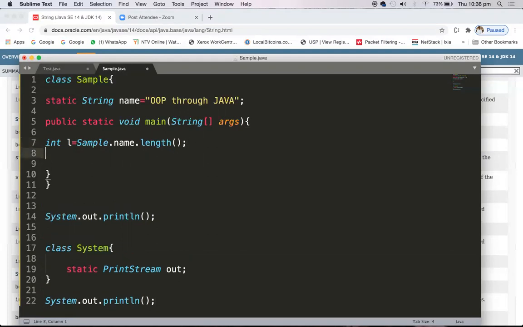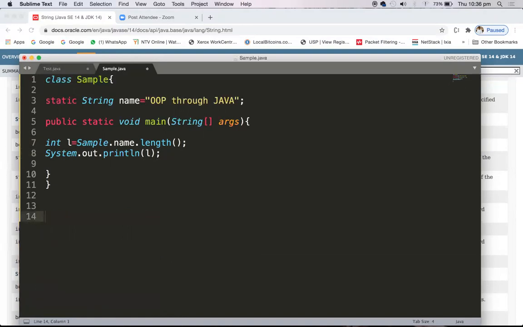So what I do is System.out.println of L. Now I will get the length of this particular string, Object Oriented Programming through Java. So what will be the length? OOP 3 characters, Java 4 characters, 7, through 7, 7 plus 7 is 14, 14 plus 2 spaces is 16. So your length should be 16.